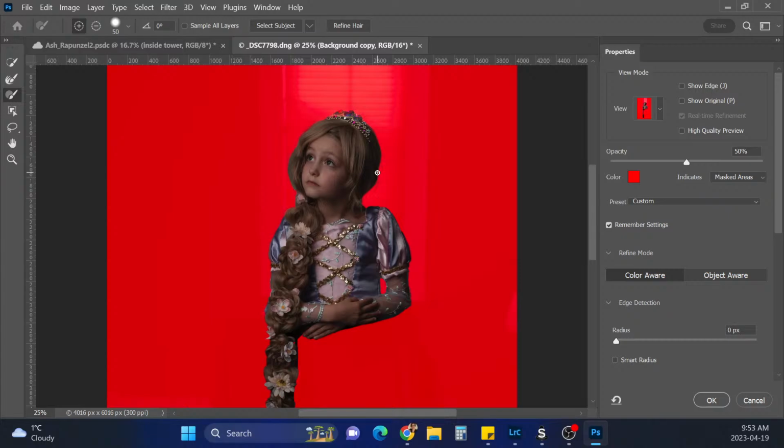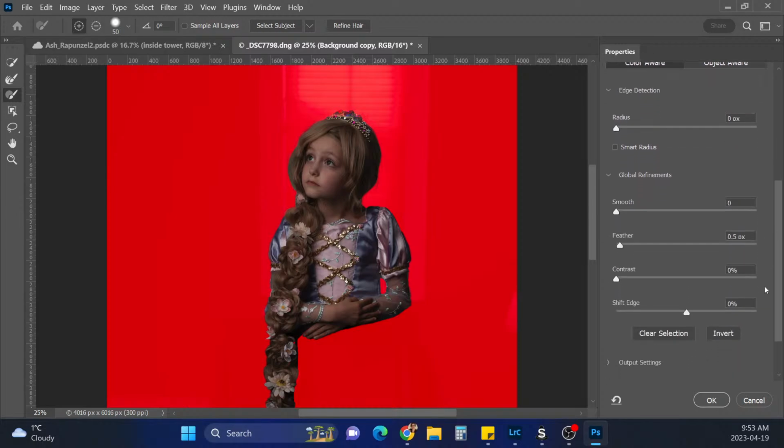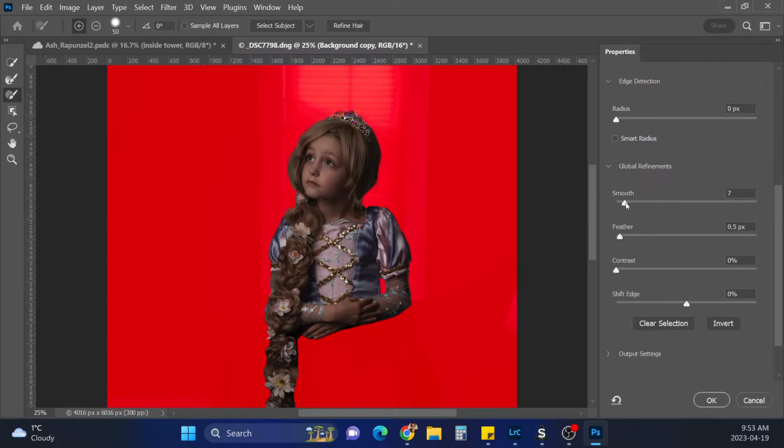Okay. And let's just smooth out the selection a little. Excuse me. Excuse me. My dog hates sneezes. All right. And I have it feathered slightly as well.